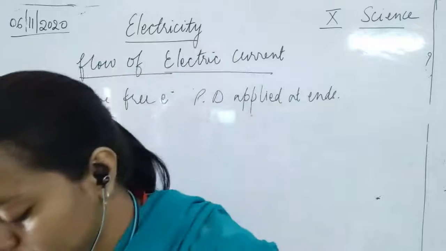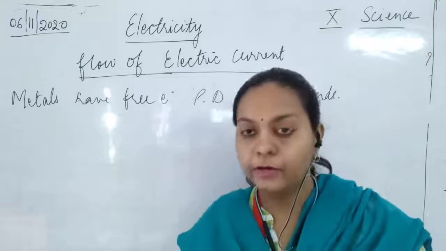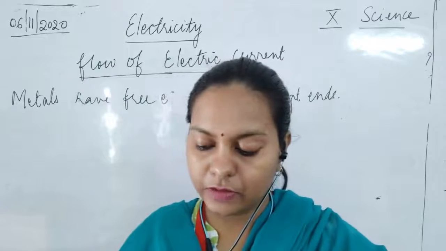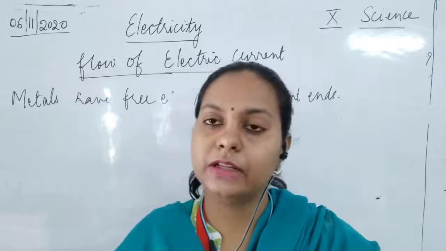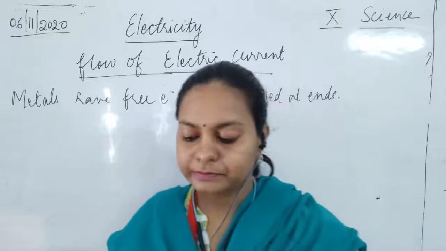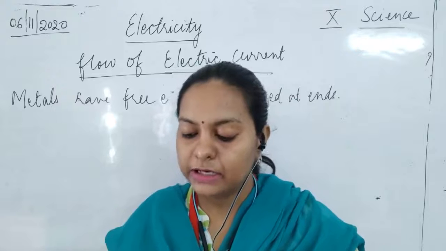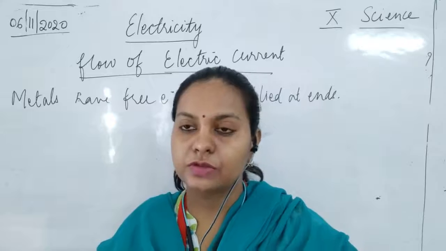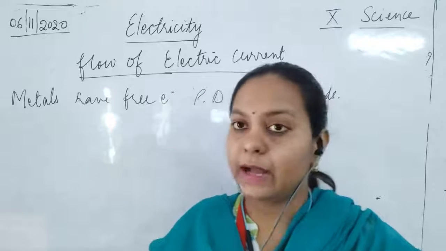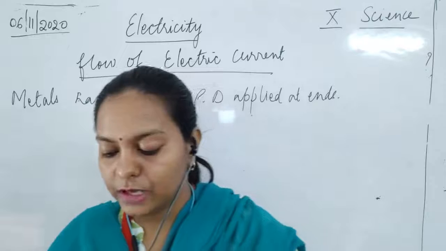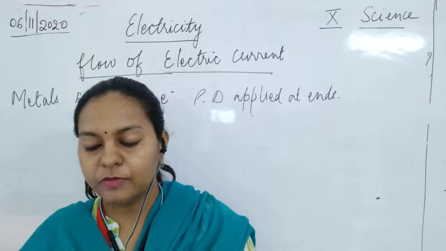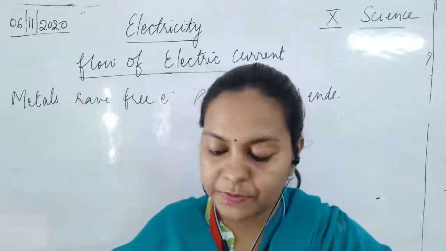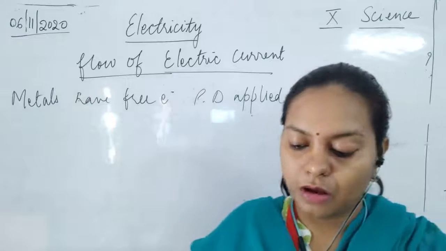Now we'll see how the electric current is flowing in the circuit. So we know that the electric current is a flow of electrons when the battery is applied in the circuit across the ends. Then the metallic wire has plenty of free electrons in it. When the metallic wire has not been connected to the source of electricity, like a cell or a battery, then what happens? The electrons in the wire are always moving randomly in all directions between the atoms of the metallic wire.